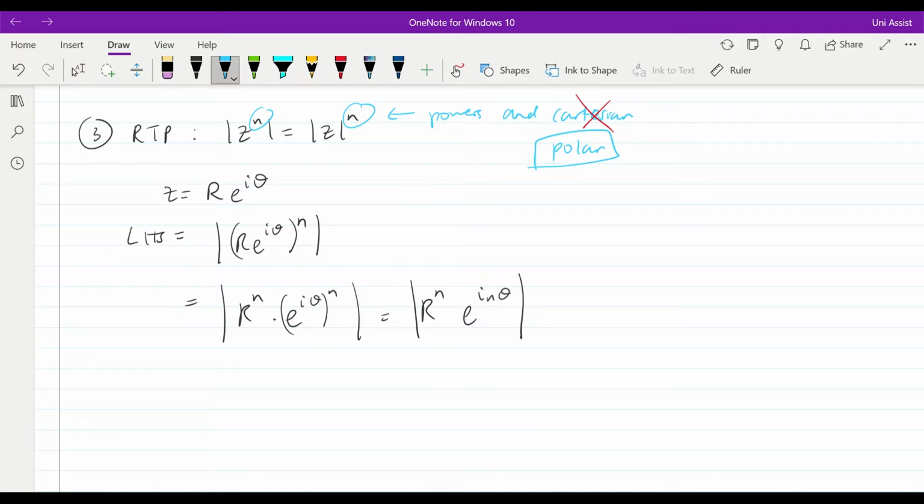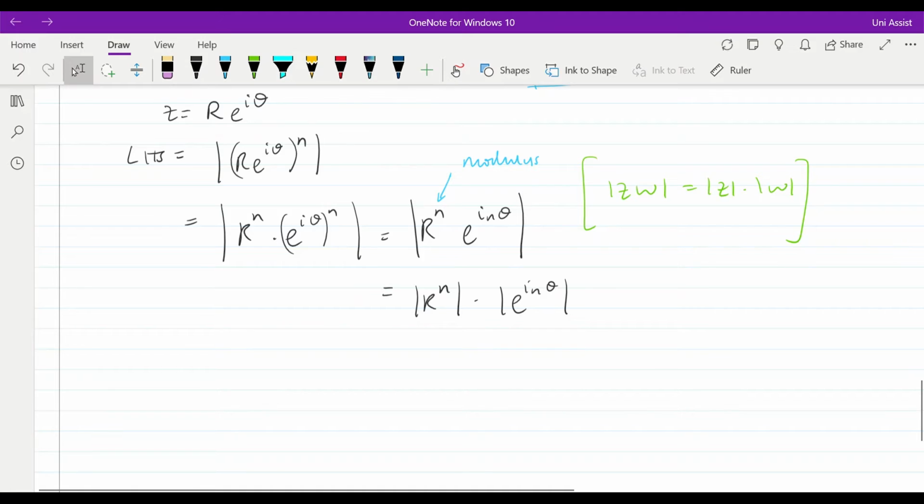We can also apply another rule, that modulus of z omega equals modulus of z times modulus of omega. If we apply this rule, we would be able to separate out these two elements